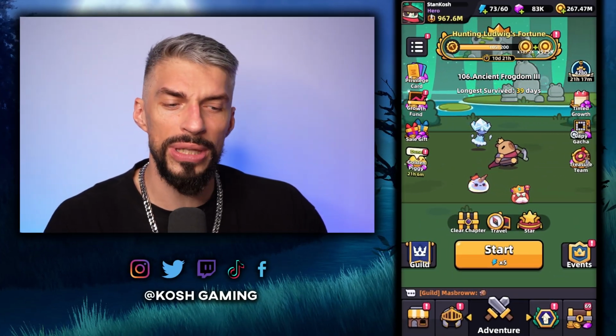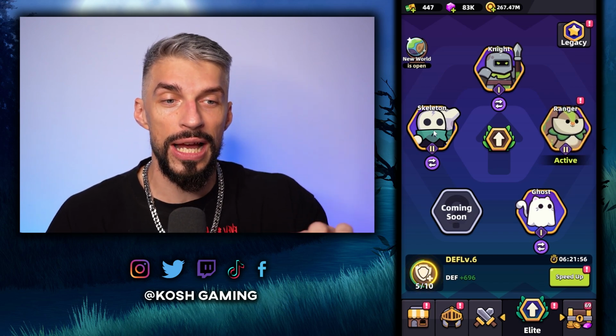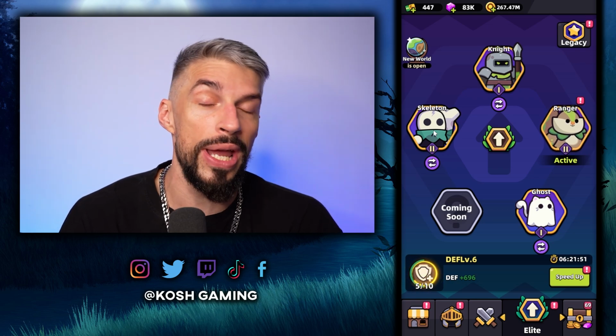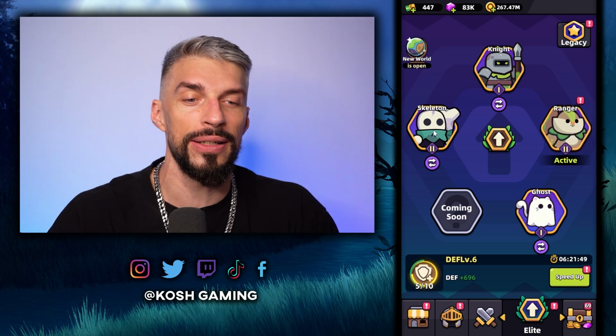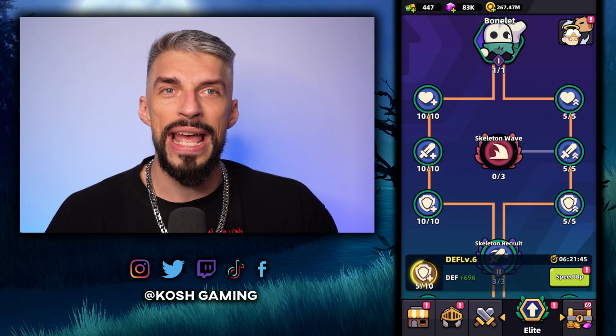Sup guys, welcome back to Capybara Go, and today we'll talk about inheritance and specifically about skeleton inheritance. I'll cover each inheritance in a separate video and explain when it's useful and when you would like to use that. So the skeleton, the bone inheritance is one of the first ones you can get, and it's the easiest one to level,